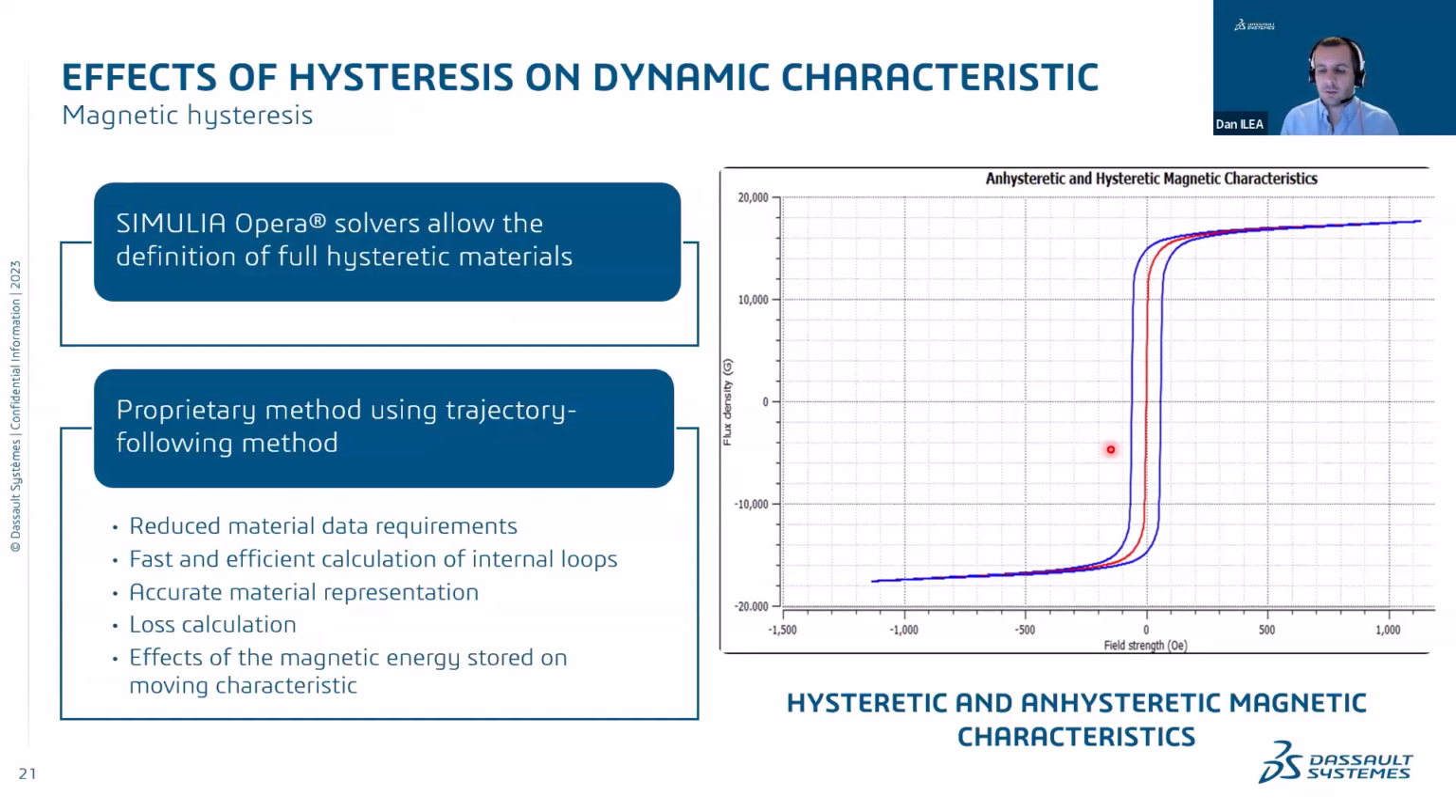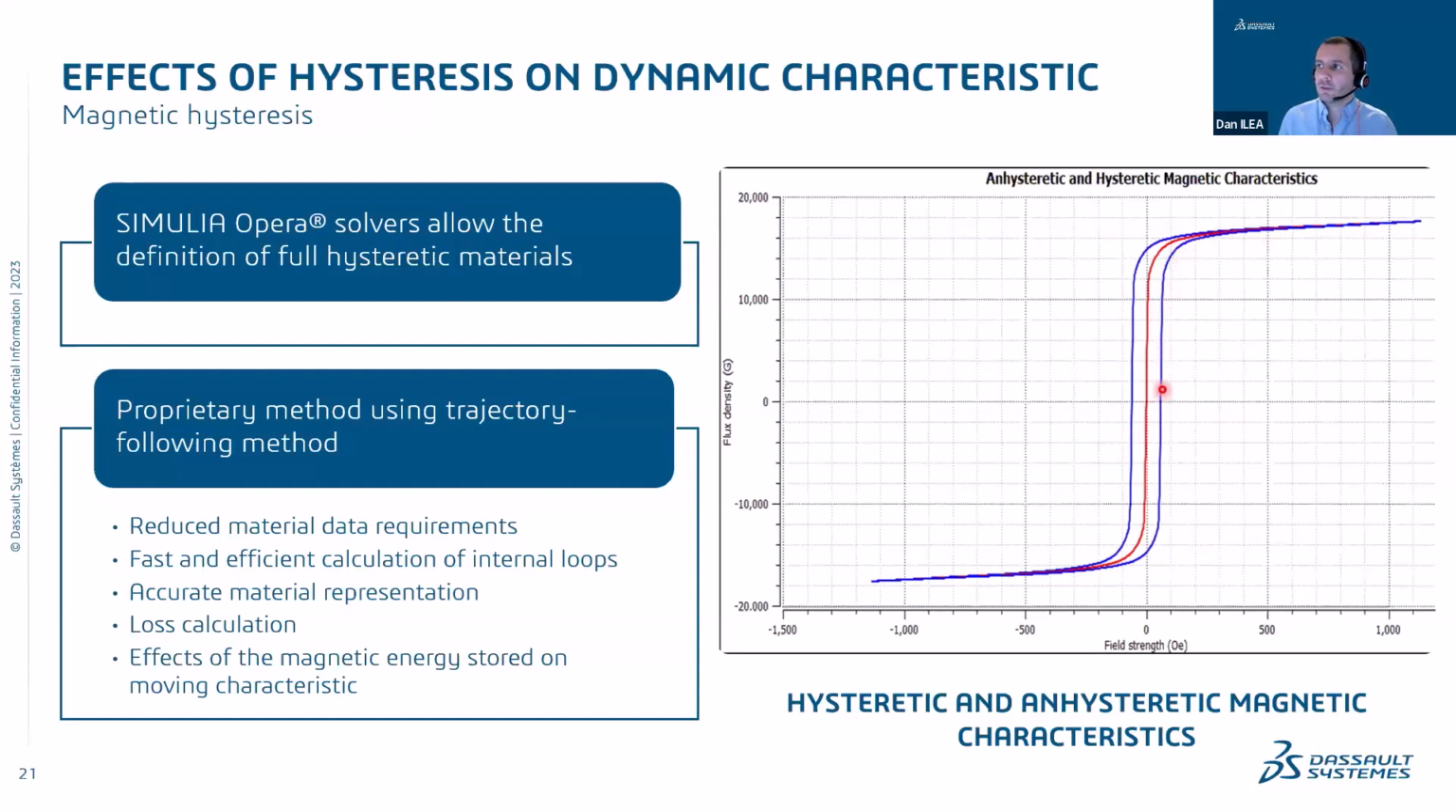So our solvers allow for the full definition of hysteretic materials. We employ a proprietary method using a trajectory following method scheme. It has quite a few benefits. Obviously, accuracy is most important, so we want to make sure it's very, very accurately capturing these effects. But the method also requires, compared to other methods, a reduced number of points. So basically, we only need to define